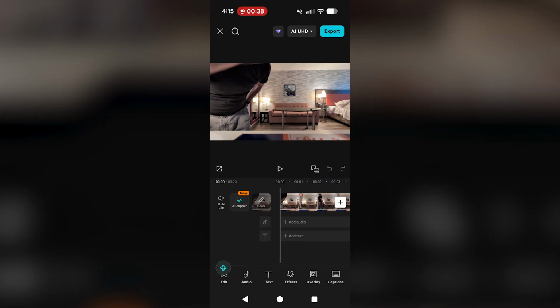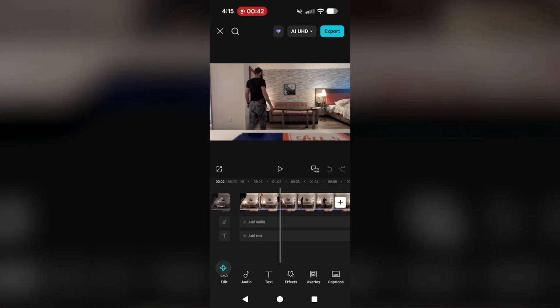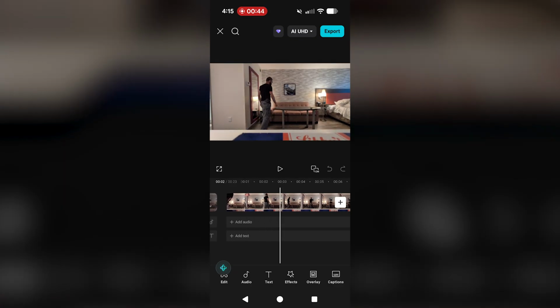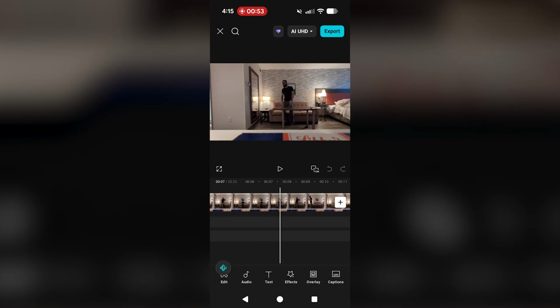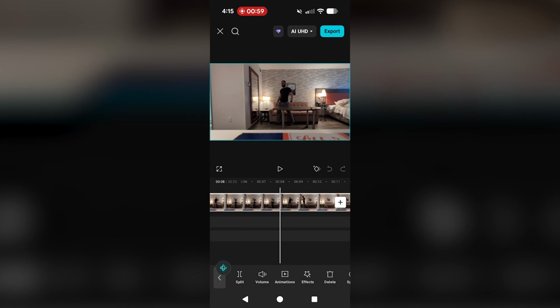And I'm gonna add that to my project. Now, obviously I don't need all of this, so the first thing we're gonna do is figure out how to get rid of that. So I'm gonna scroll to where I want just by touching and dragging the timeline. And we want this to start with me standing up somewhere right about there. We're going to click Edit, Split, and then we're going to delete this by selecting it and then hitting the